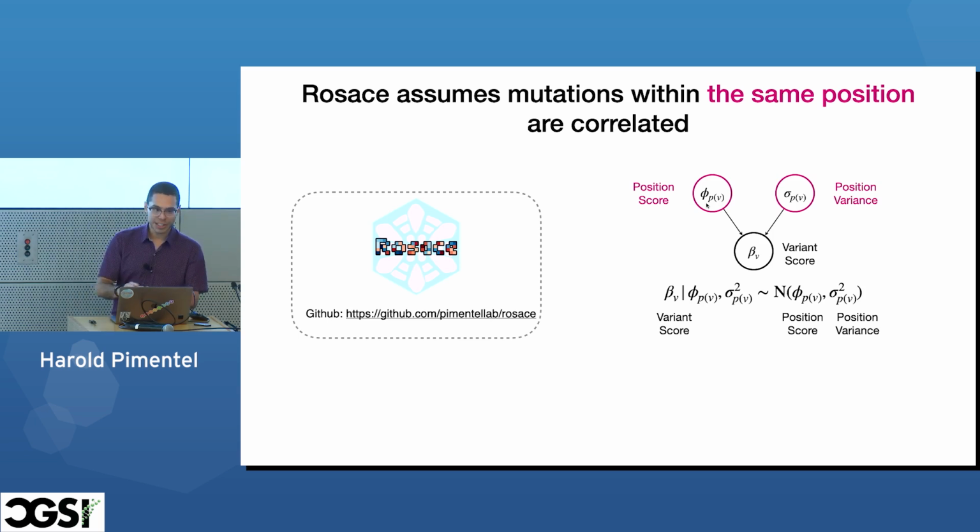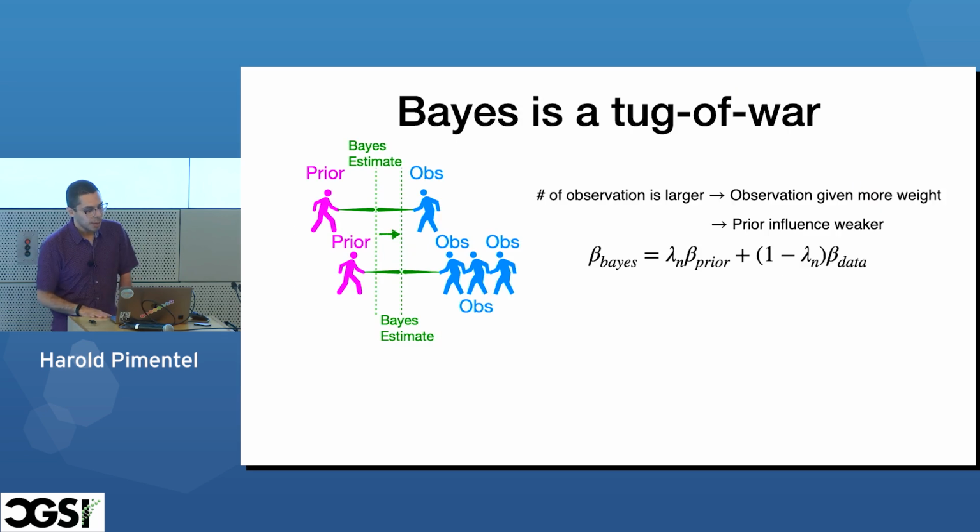Okay, this could be very dangerous. In the paper, we argue that it's not, under a number of different regimes. I think we do a decent job of justifying that, but you know, we can argue about it later. But for those of you, this is particularly geared towards trainees who haven't really thought too much about Bayesian estimation. You could kind of think about Bayes as being this tug of war between the prior and the observations, right?